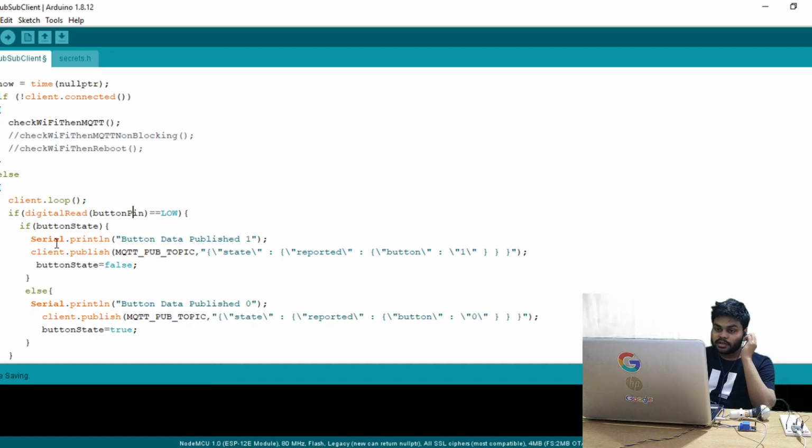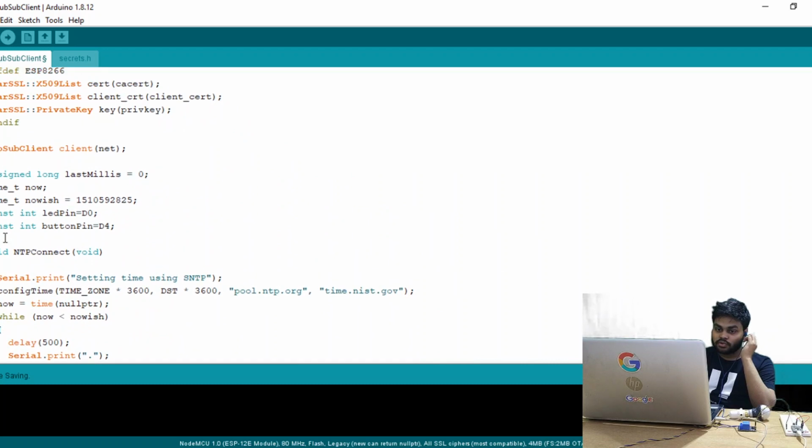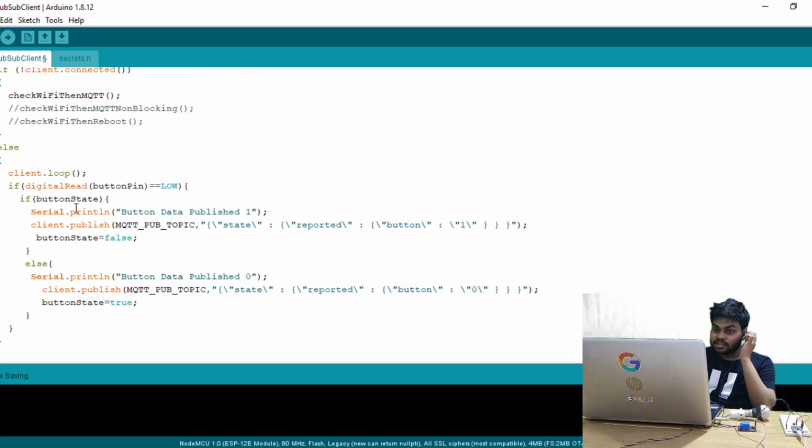We can see here that we are also using a button state which is initially true. So first we need to set this initially true. In the upper portion, initialize this: bool button state equal to true. Fine. So button state is initially true, which means that the first time this block is executed, button data published 1, this client message will be published, which is basically sending button with value 1,